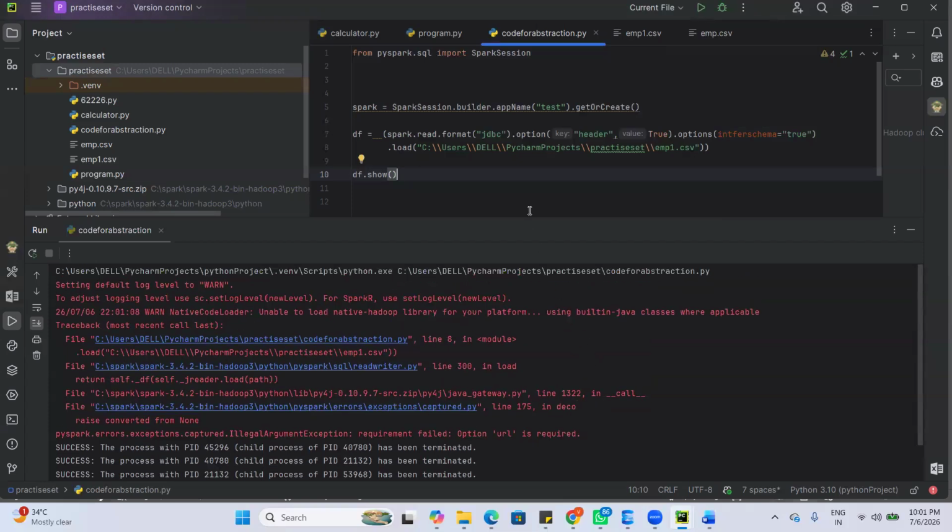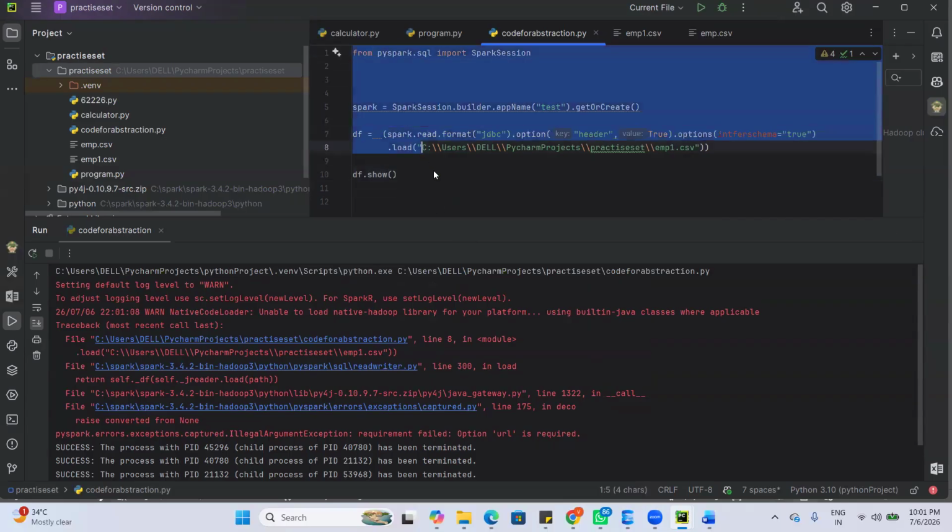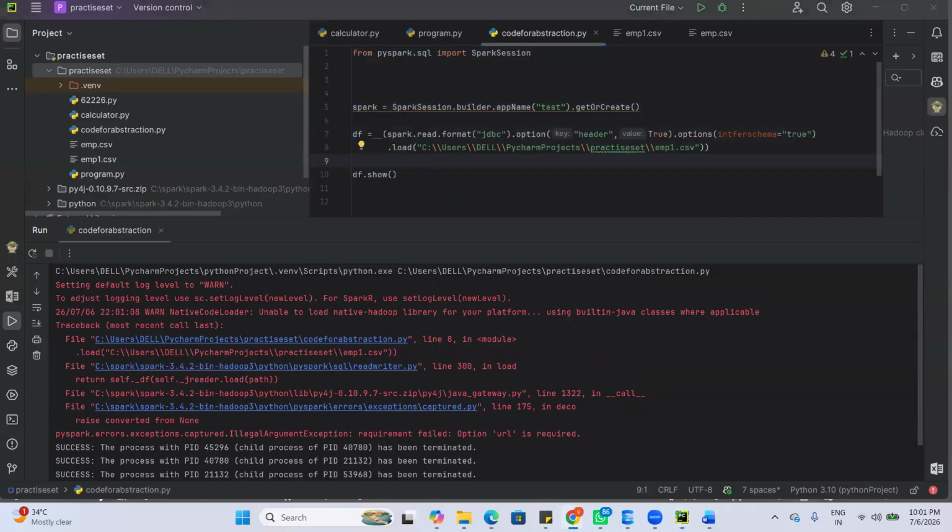Yeah. So we are getting some issues. Let me see what the issue is. We'll get this kind of issue in PySpark sometimes. So let's see, line 8 is the issue. What is the issue in line 8? It's telling us spark.read.format,